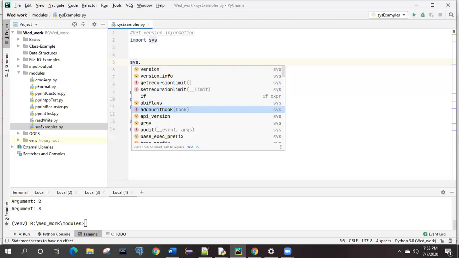But unnecessarily, we are not going to dig into all the things. Whenever it is required, we are going to check it out. API versions, maybe it will be used. Then argv. Suppose you write one program and directly give the input